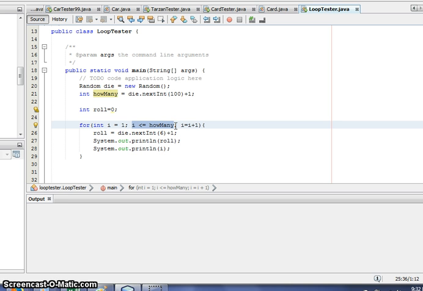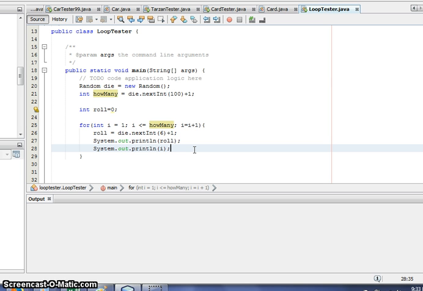Before the loop ever executes, this condition is checked. Is the value in i, which is 1, less than or equal to 5, which is the value in how many? Is 1 less than or equal to 5 a true statement? Yes. 1 is, in fact, less than or equal to 5. That is true. So the loop will execute the first time and it will print out the die roll. Now, at the end of this last line of code here, the loop will take the value in i, which is 1, and it will then add 1 to it. So i will become 2